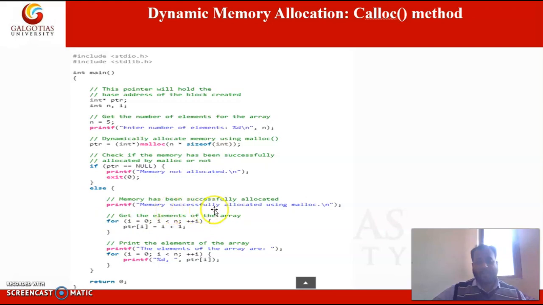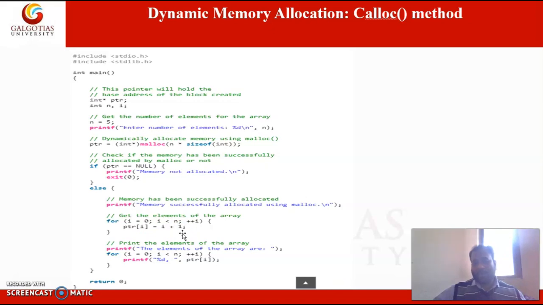are printing "memory successfully allocated using malloc method", and using the for loop we are initializing values to the pointer. So what happens here: i is initialized to 0 and then using this statement values are stored to the pointer variable. So here 1, 2, 3, 4.